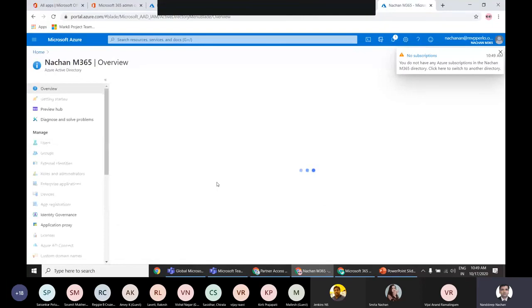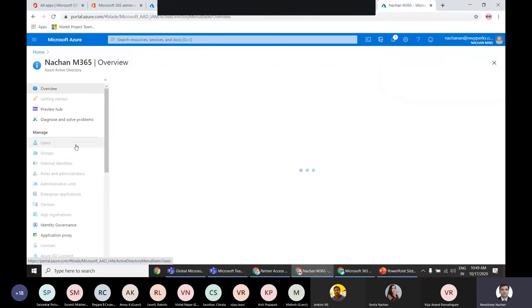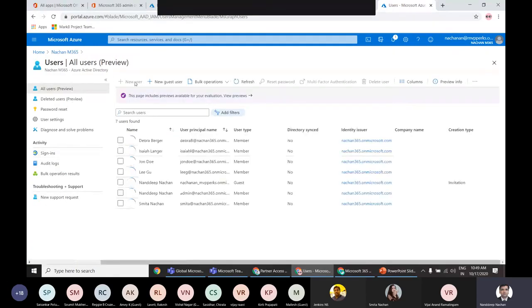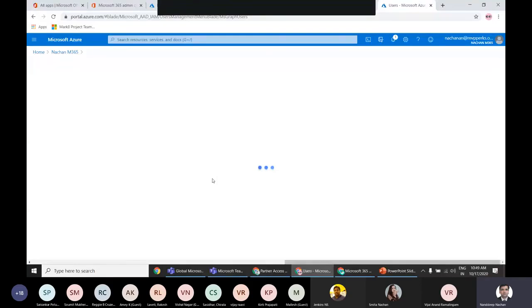So once I click this view on this Azure Active Directory and go to users, okay, come on, load it fast. So from here if I go to users, you can see that now that I'm in the Contoso user directory, I still don't have access here to add any user directly to Contoso. But since I have that guest inviter role, I can go ahead and add other users.